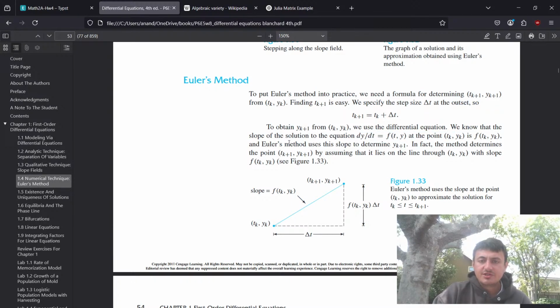So basically we need to draw a line through tk, yk up to tk plus 1. Wait, let's see. So this is going to be